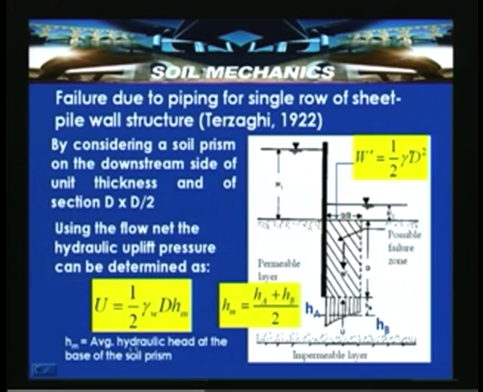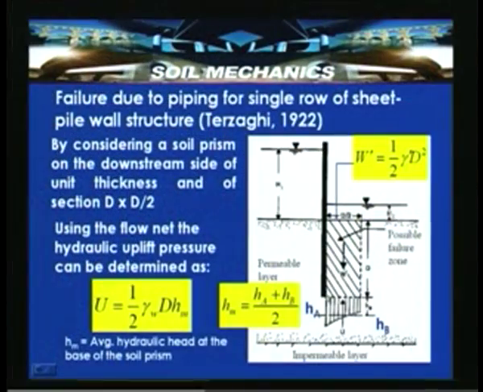So, remember here the average hydraulic head is determined by calculating the total heads at the respective equipotential lines, or the lines approximated to lines passing through that particular zone. Here, this is the prism of soil, with the distribution given by HA and HB, which is approximated as U, with an HM given as HA plus HB by 2. With that, now U can be determined as 1 by 2 times gamma W d into HM.